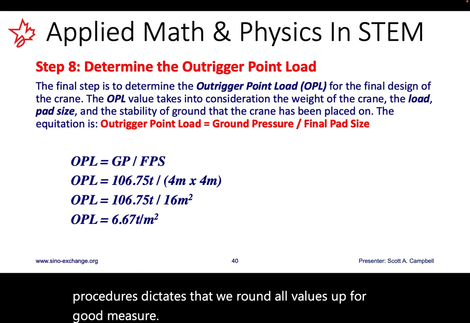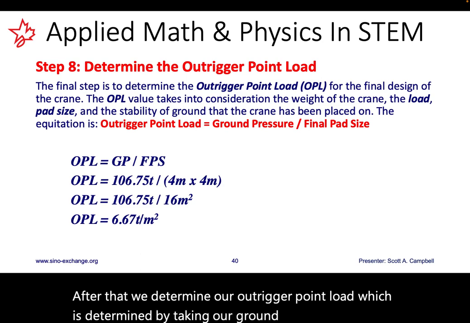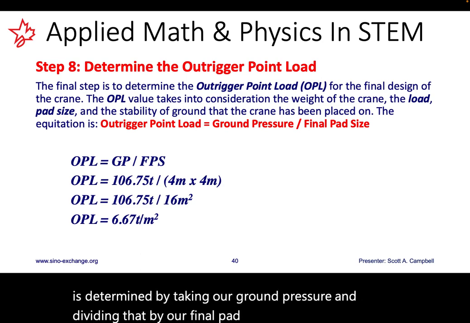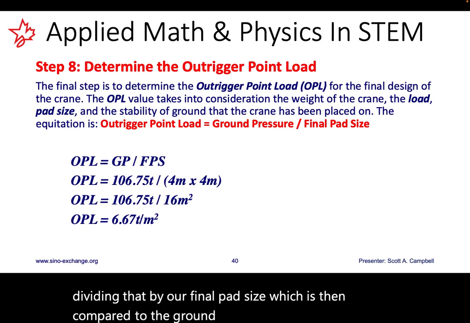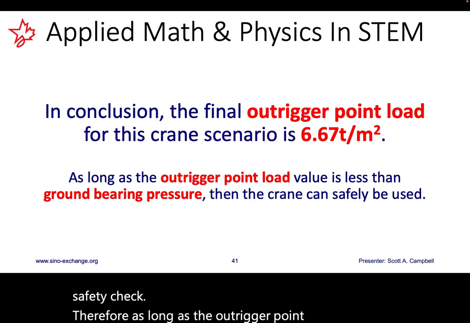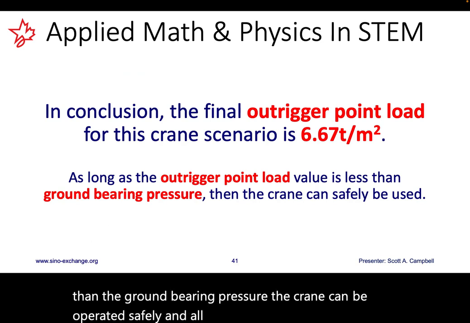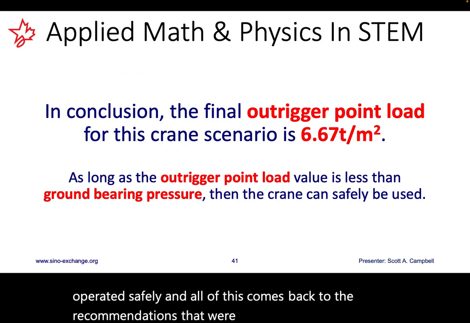After that, we determine our outrigger point load, which is determined by taking our ground pressure and dividing that by our final pad size, which is then compared to the ground bearing pressure in a final safety check. Therefore, as long as the outrigger point load is less than the ground bearing pressure, the crane can be operated safely. And all of this comes back to the recommendations that were made by Joseph Schwab, which indicated that students